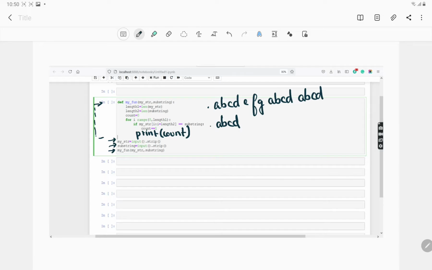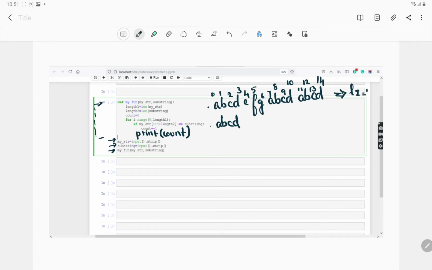We are finding the length of both the main string as well as our substring, which is length 1 and length 2. Let us first index our main string. So our length here is 15, right?